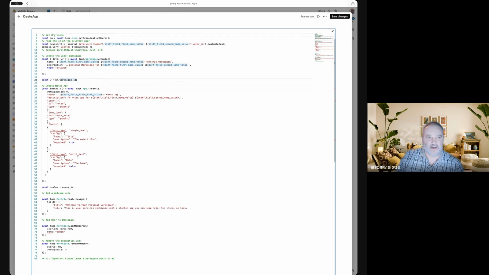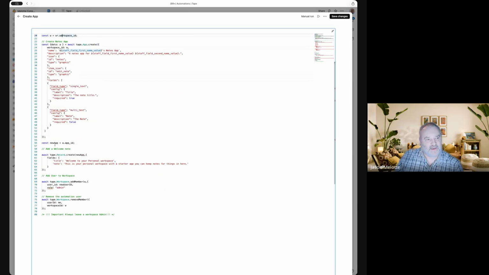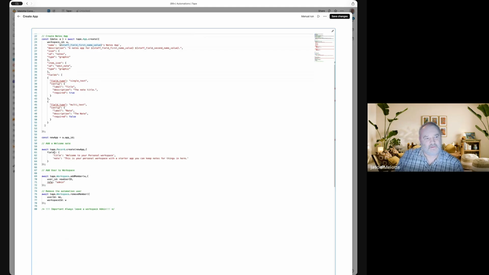It's a really simple app, but you can make it as complex as you want. One thing you have to remember though, is if you want a calculation field, you have to add that afterwards. So you have to create the app and then add in a calculation field. You can't create an app with a calculation field in one go. We then get the app ID, create a new record,